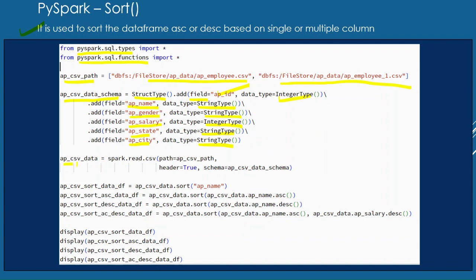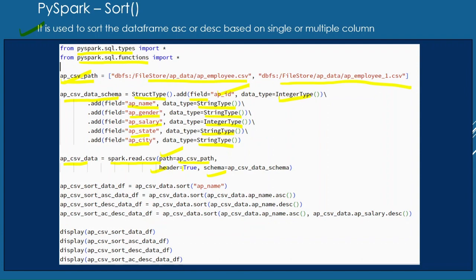Here we are creating this data frame by reading a CSV file with the help of the spark.read.csv function, by passing three parameters: the path parameter, the header parameter and the schema parameter. As the value of the path parameter, we are supplying the name of the list variable which we have defined. It has the addresses of the CSV file.